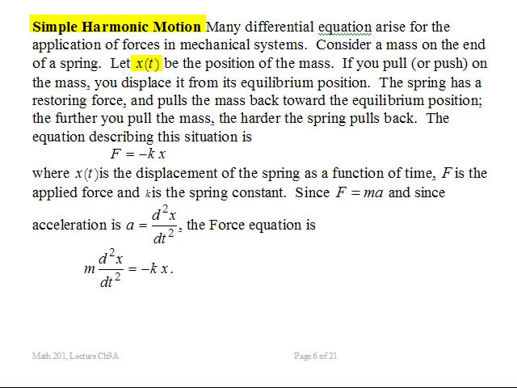The equation that describes the situation is the force that you pull is minus k times x. The minus sign is for the restoring force of the spring. Okay, you're going against the spring. And x is some function of t. It's a position. So x of t is the displacement of the spring as a function of time. We know what force is. Force is mass times acceleration, and acceleration is the second derivative